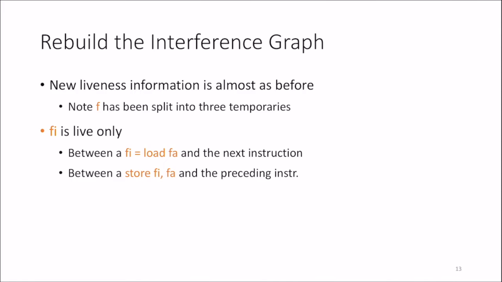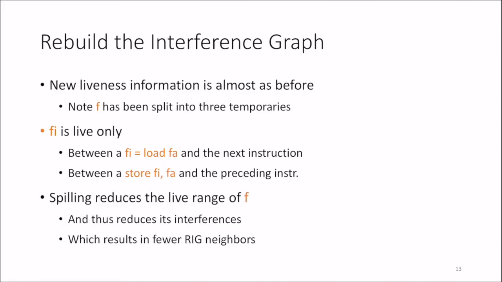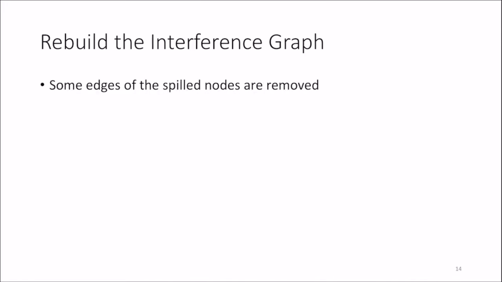So each F1, F2, or F3 is alive only between the load and the next instruction, or between the store and the previous instruction. So spilling reduces the live range of F and therefore reduces the interference of F with all of the other nodes in the register interference graph, and therefore every node has fewer neighbors as a result. So some of the edges are removed,